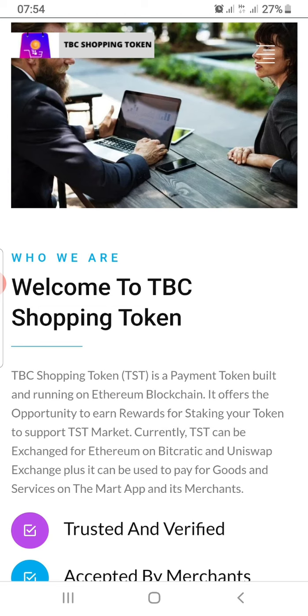Okay, now what comprises the TST market? The TST market is brought about by exchanges. When you have a list of exchanges where your coin is traded, what you already have is a market. So in the case of TST, the TST market is made up of